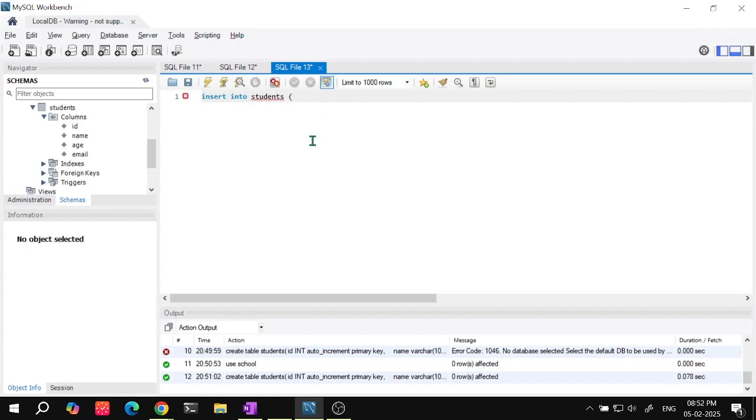and I need not write id here because id is auto increment. After some time you will come to know how id is auto increment. I am going to give input for name, and then age, and then email. Okay, and I will be passing the values here. In the values place, I'll be writing, okay, first one,